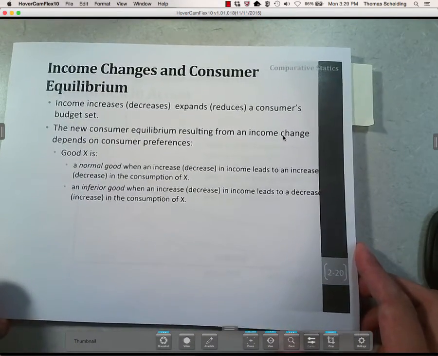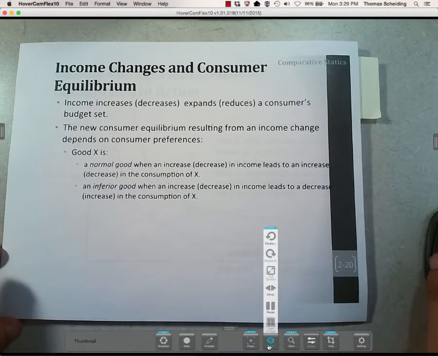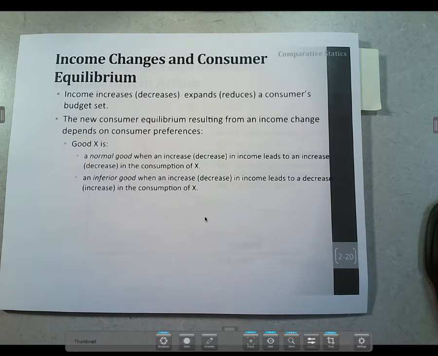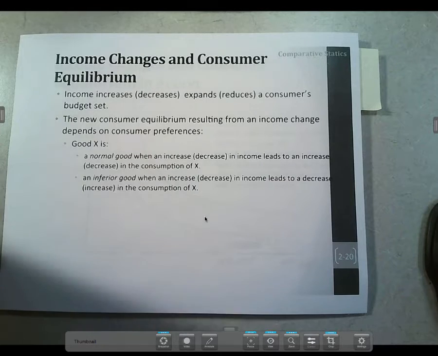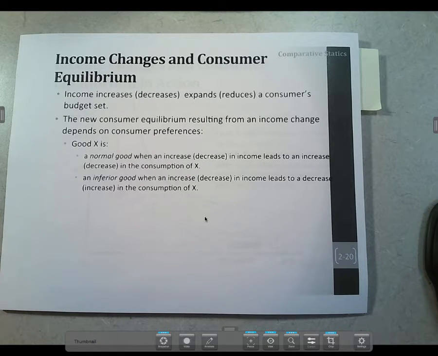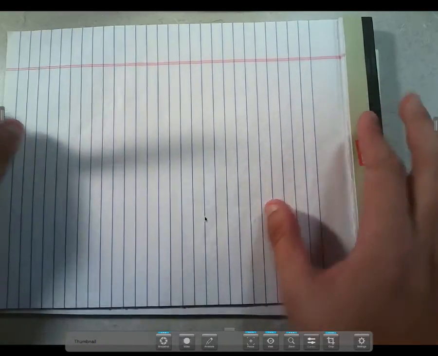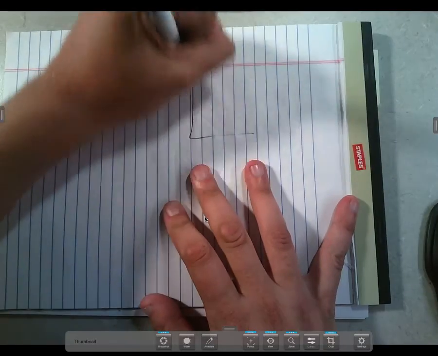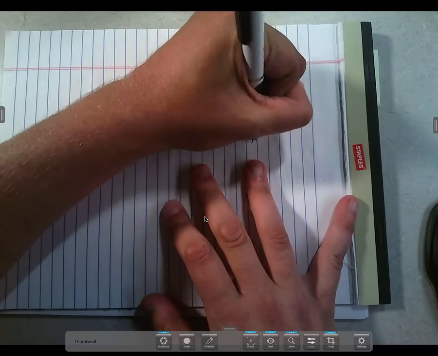We could also change the income levels, not surprisingly. What do we know from changing the income levels? We know that it matters whether it is a normal good or an inferior good. What we know is true is that if I graph this out,